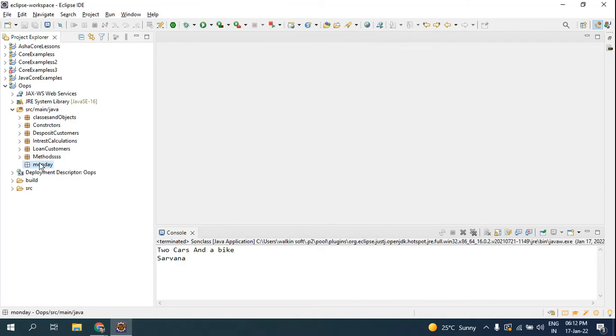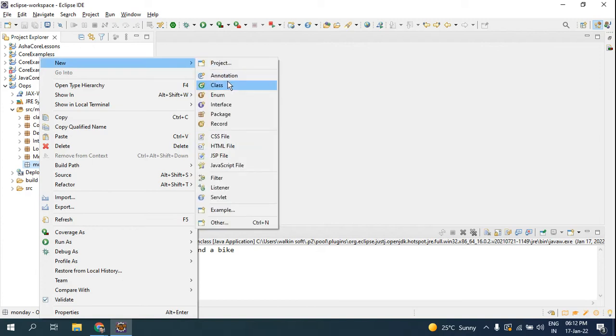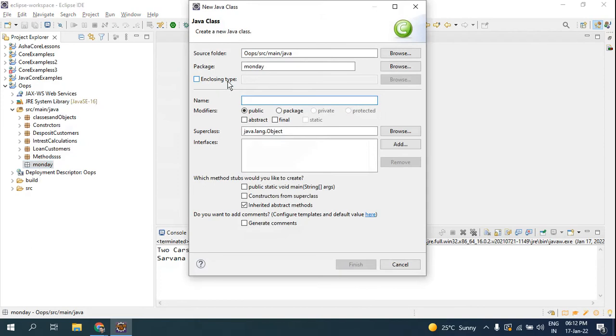As I said, I'm going to create a new class, and I shall start the proceedings with encapsulation. When I say encapsulation, it is like whatever logic you have, that logic cannot be seen but the logic works. How? I'll show you here. I'll create a new class, which is Student.